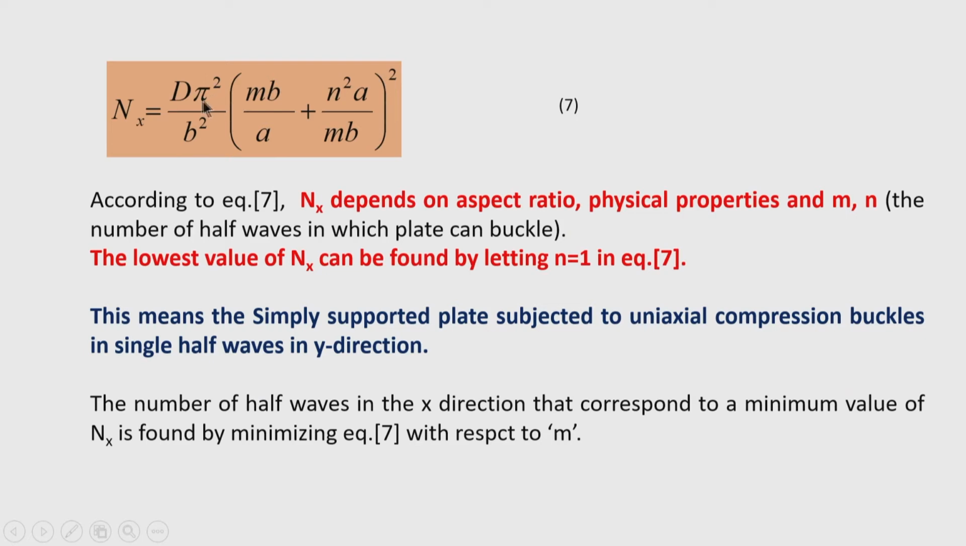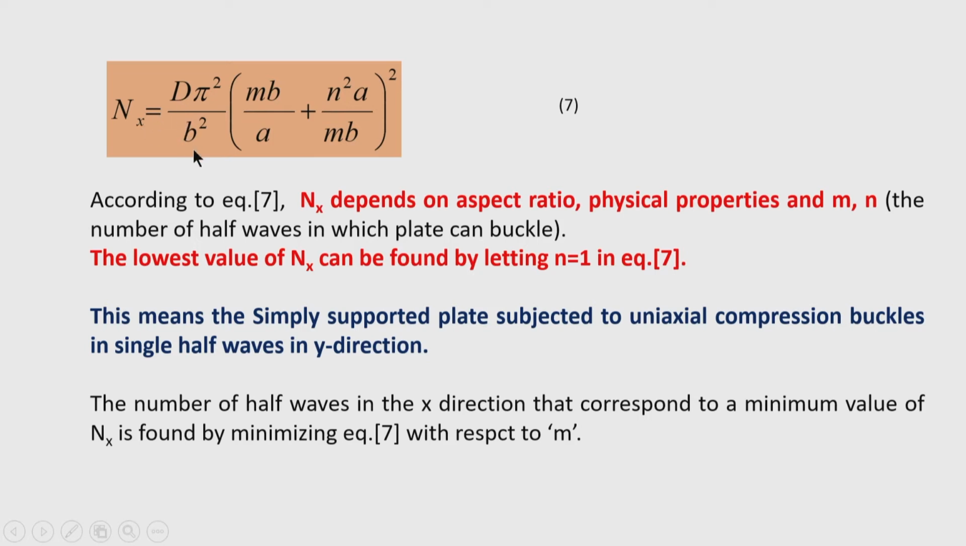This value D pi square by b square. Okay. And if I take m b by a plus n is 1, n is always 1 for a rectangular plate simply supported along all edges and compression in the x direction. Then n is 1. So, buckling coefficient we can find out, and buckling load, critical load will be k D pi square by b